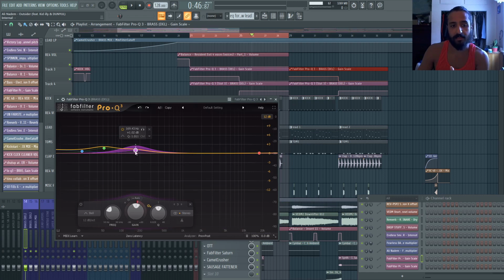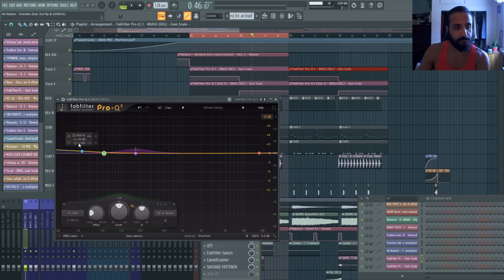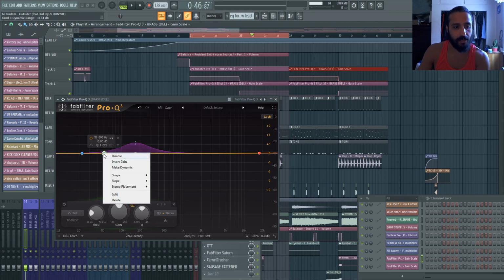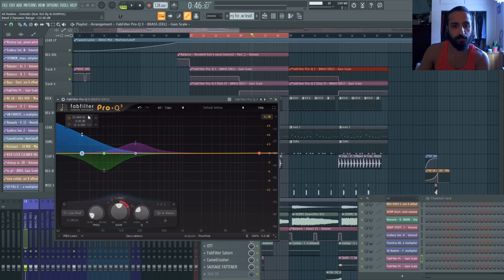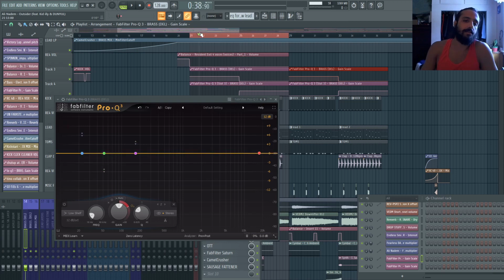If I wanted to make these gain adjustments dynamic, I would probably put these at 0 dB, okay, and find where I like it being boosted and make those changes accordingly. Maybe I want to cut, maybe I want to do a huge boost here, and that way you can see it doesn't take effect until I reach that. And this is such a great way that you guys can cut down on CPU resources, but also spice up